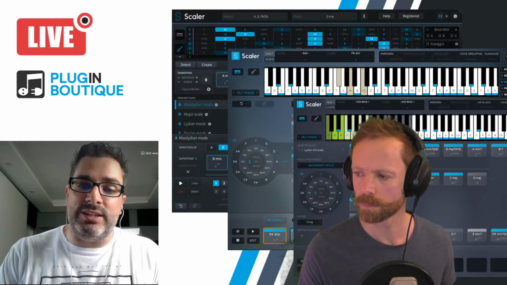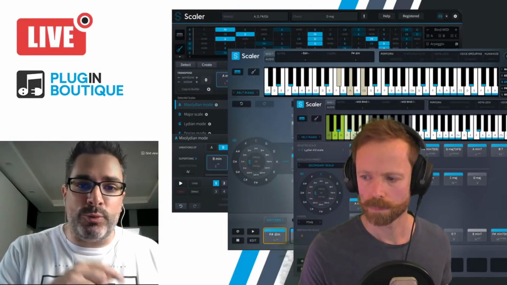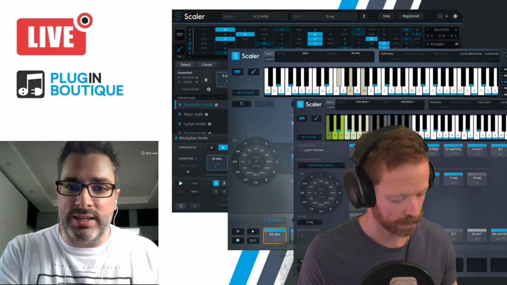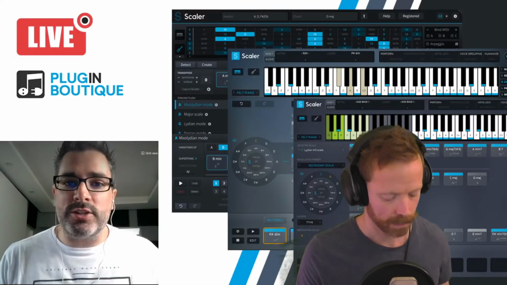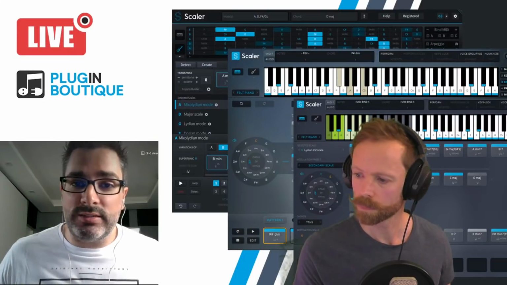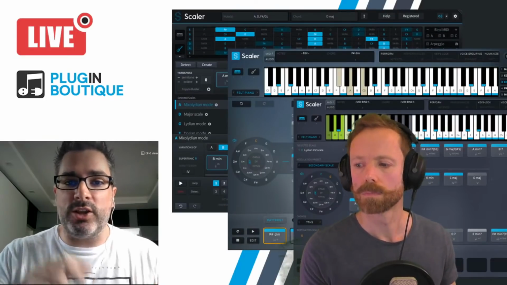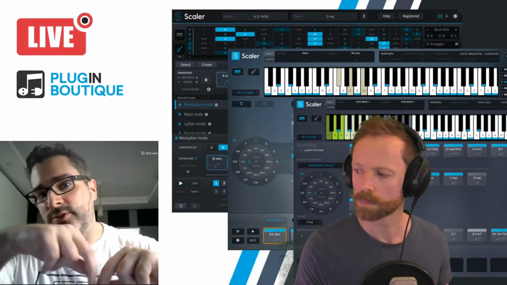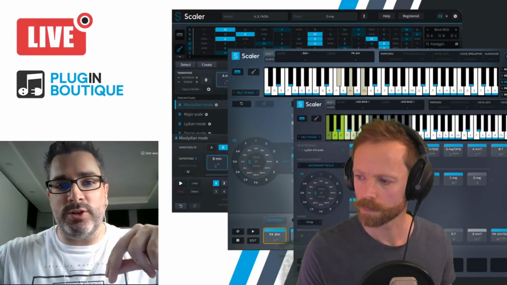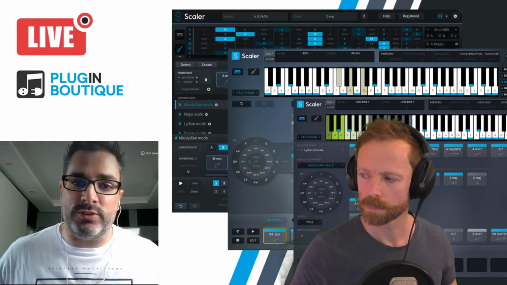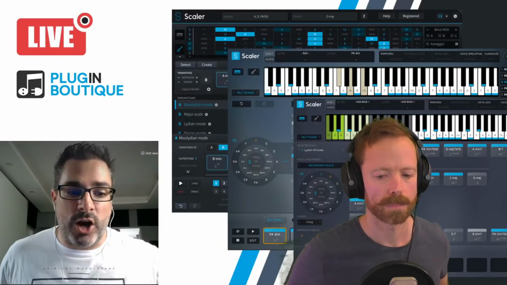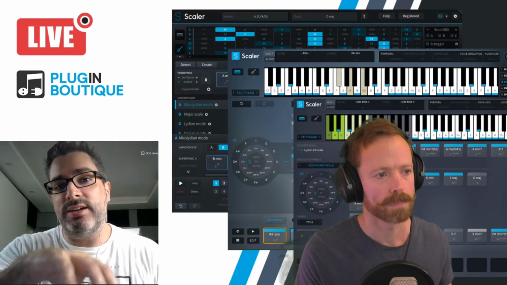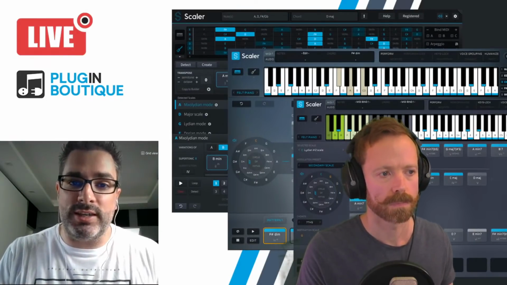And then there's the bind keys feature, which by default right now, if you press the octave that you're working in with the scale, you just use the white keys. You now have two other options. One is to map them to all keys, and this is specifically for people who use Scalar with multiple drum pads, so you don't have to remember, it's not this drum pad, I've got to go over two to get the next one. Now it just maps the whole thing in sequence to all of the drum pads. And then there's also true scale, which means you're going to have to play the scale to get the chords to play. So if you hit the wrong key, you're going to get no sound.